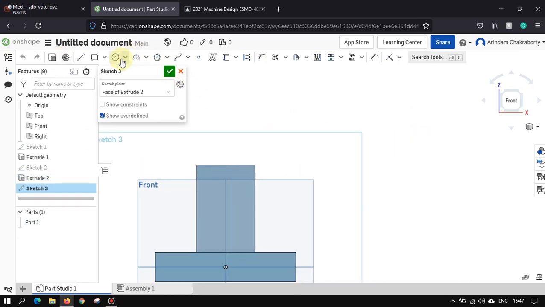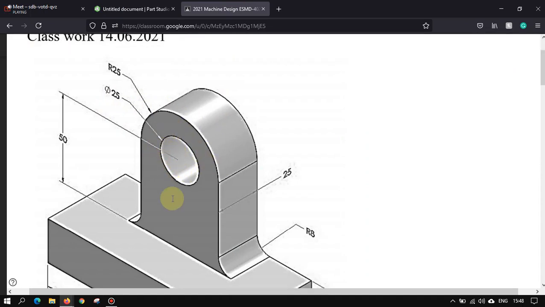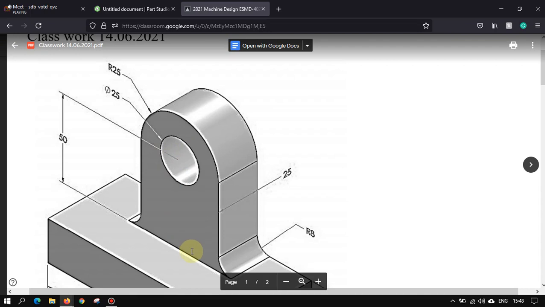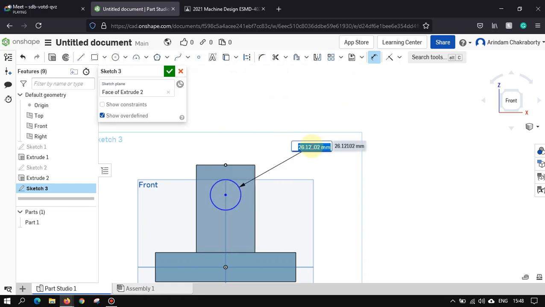Take a circle, just bring a circle over here, draw any circle, don't hesitate to draw. Again, it is given that 25, you are drawing the whole circle at the center, and the distance from the bottom is 50. Go for dimension, click on this one, it is showing 26, so write 25.